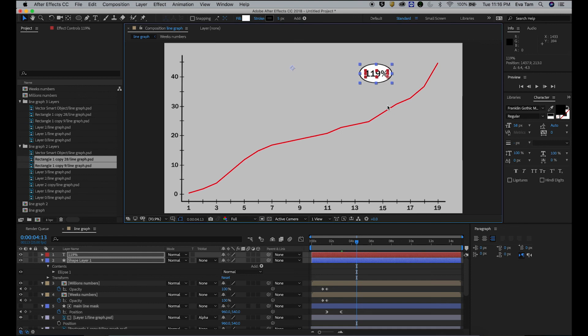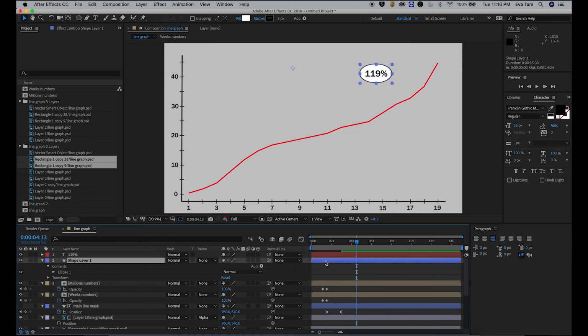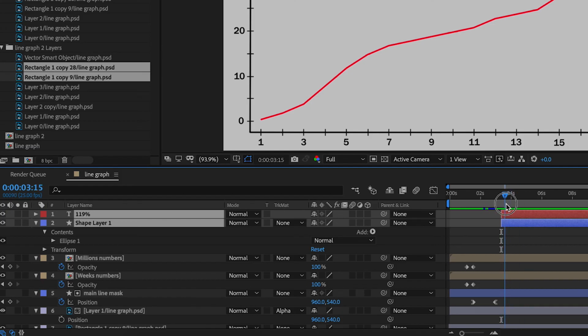Like this. But what I also can do is I can make this line, make this circle appear from nothing.